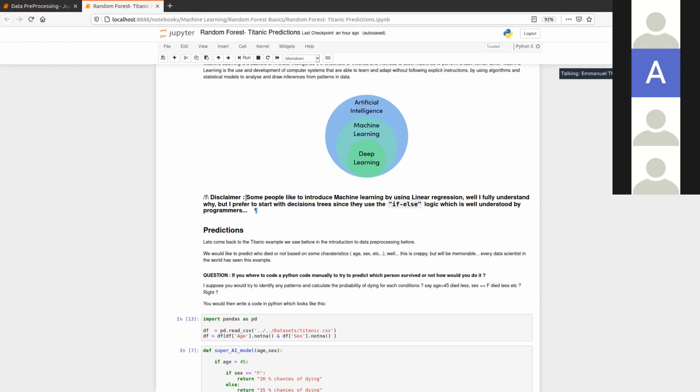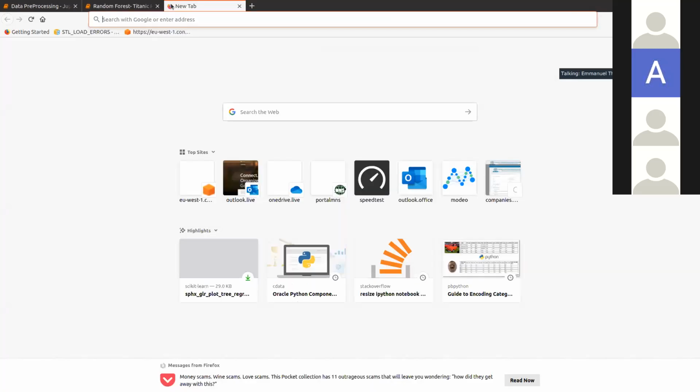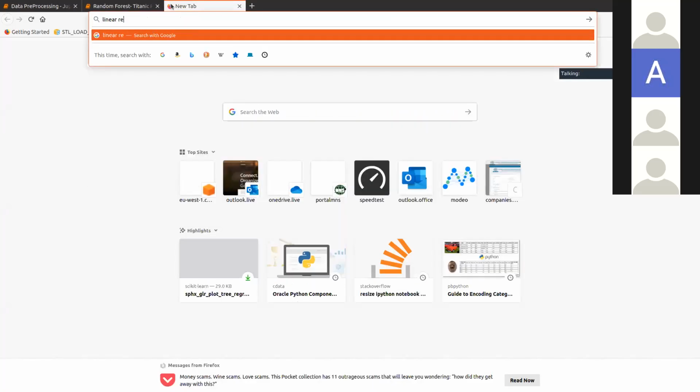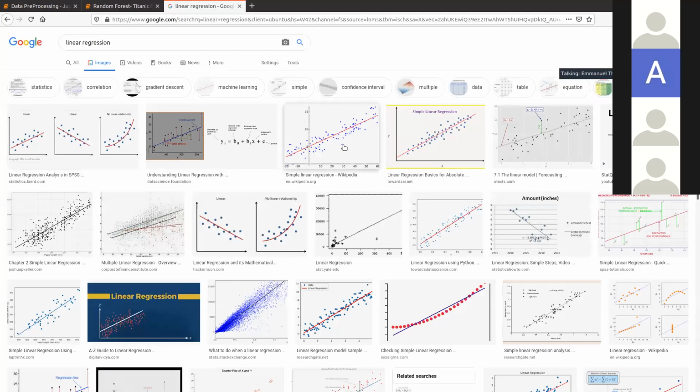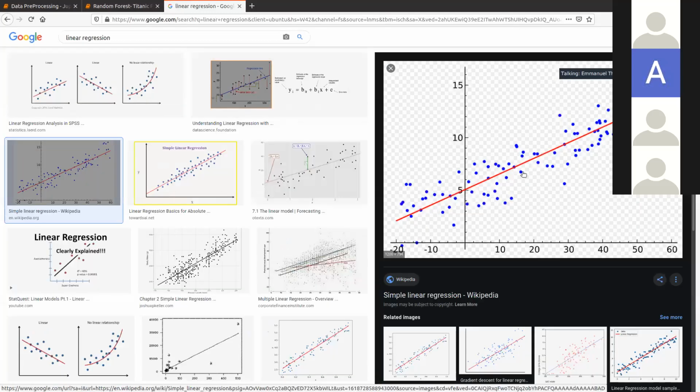You try to predict y as a function of x. If I just type linear regression, you will quickly understand. When you basically try to fit a line like this, that is simply linear regression.